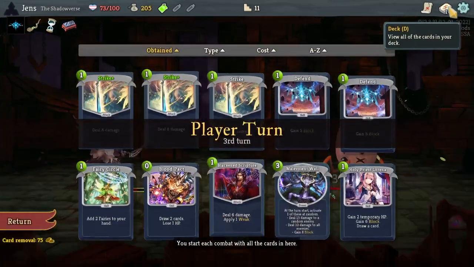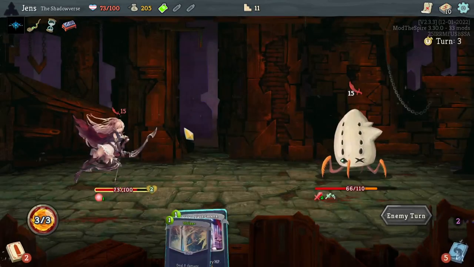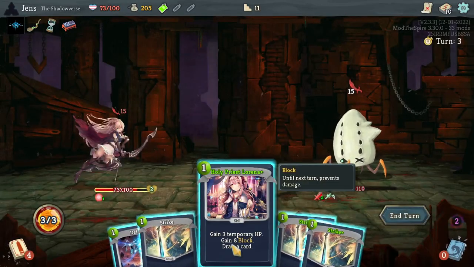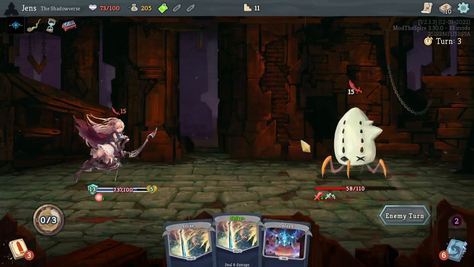Because, take a look at Holy Priest here. Holy Priest upgrades to being a true block +3 draw. Our Blackened Scripture is a strike with 2 weak. The base cards are just bad for us. Okay, we're gonna upgrade Holy Priest. Put up some defenses. And put up some defenses. I want to try and keep...